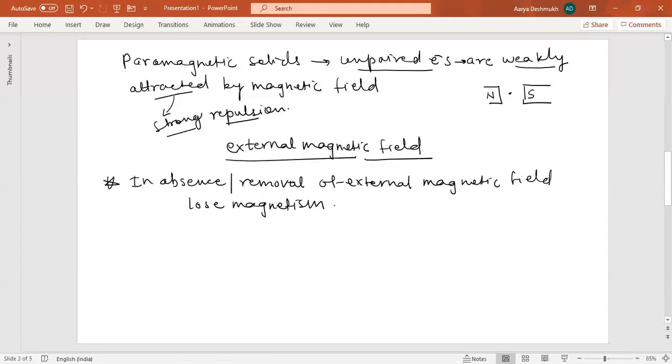Now, as I told, in case of diamagnetic substances, they contain even number of electrons, whereas these paramagnetic substances contain odd number of electrons. Remember, odd number of electrons. For example, here I can quote some examples like Cu2+. The atomic number of copper here is 29. When you write Cu2+, it means 2 electrons are lost. So now the total number of electrons will be 27, which is an odd figure. So it behaves as a paramagnetic one.